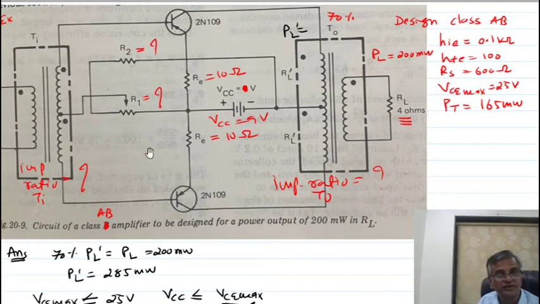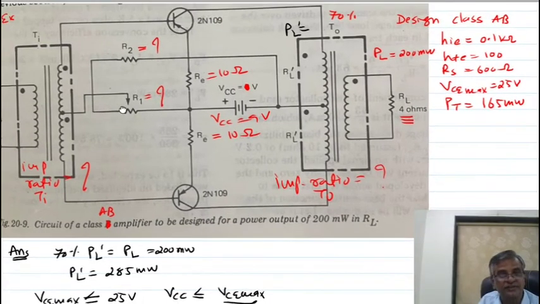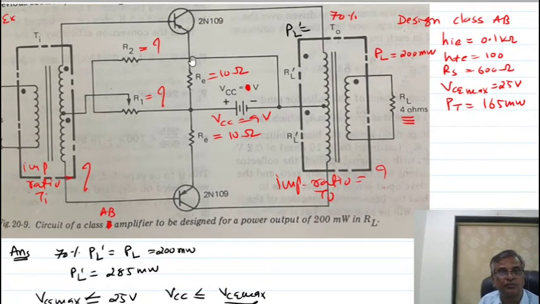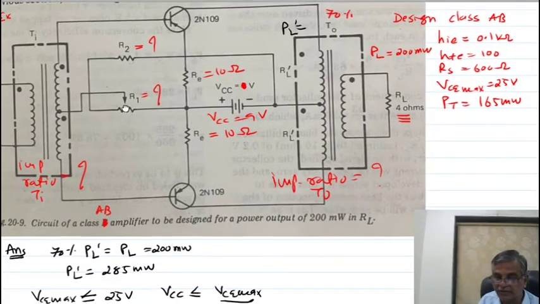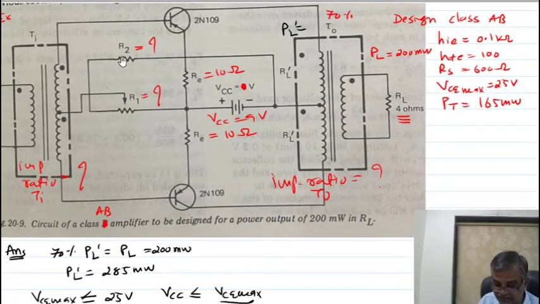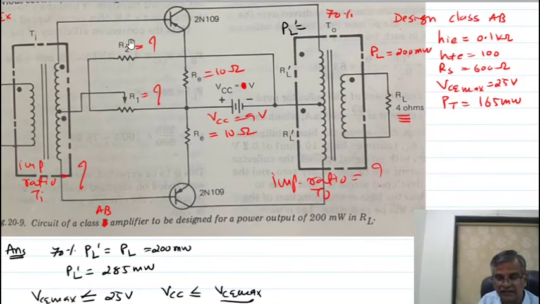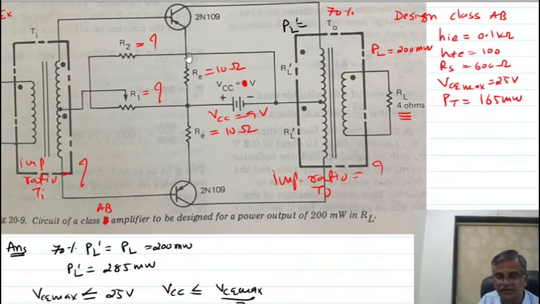So here nothing is different in the same circuit. You selected the value of R1 R2 in such a way that VB voltage you are getting 0.5 volt. That is for class AB. If you take in a previous problem, in this problem you selected the value of R1 R2, what is the difference? R1 R2 are different. You select a value of R1 R2 such that VB is 0.5. So this circuit works in a class AB mode.